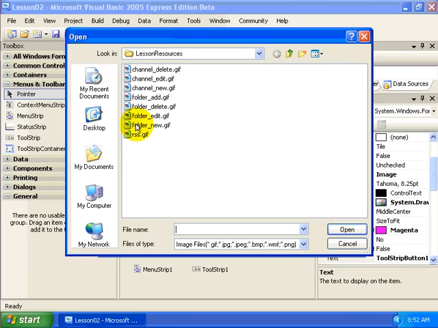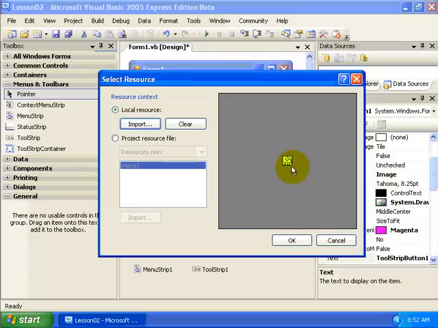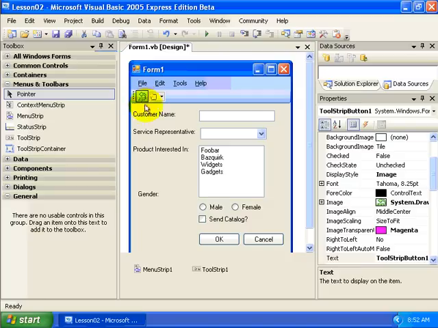And what I'm going to do is click on Import, and I have included a file that includes some icons. So from the same spot where you downloaded this video, there should be something called Lesson Resources. Just unzip that and put it somewhere on your hard drive and locate that right now, and find, for example, this rss.gif file, and click Open. And whenever you do, notice that it changes from that default picture icon to this little RSS refresh that we'll use later on in this series of lessons. And once I've done that, I'm going to click the OK button, and now that is a button on my